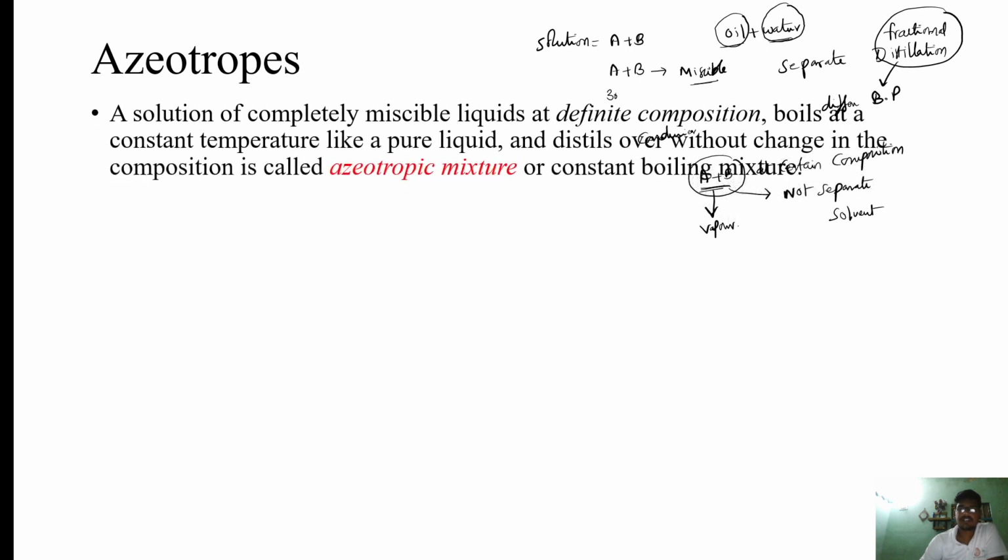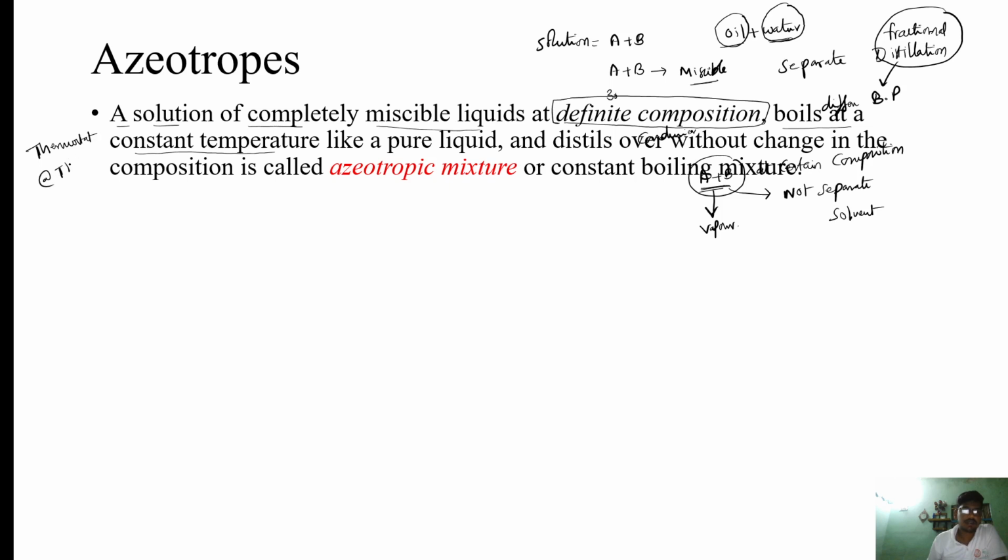So let us see the definition. A solution of completely miscible liquids at definite composition. This word is very important because only at one particular composition will they act like azeotropes, meaning they will act like a single solvent instead of two miscible liquids. I'll give you an example, and it will become even clearer. What happens is, a miscible liquid mixture at definite composition boils at a constant temperature. See, the temperature is constant,